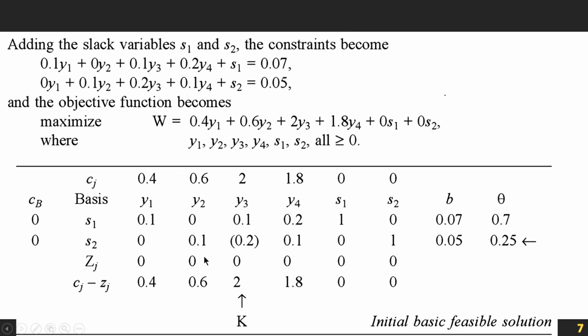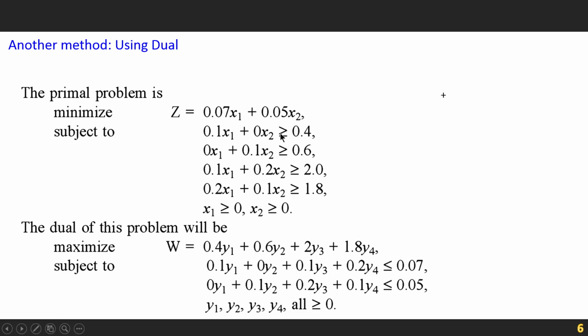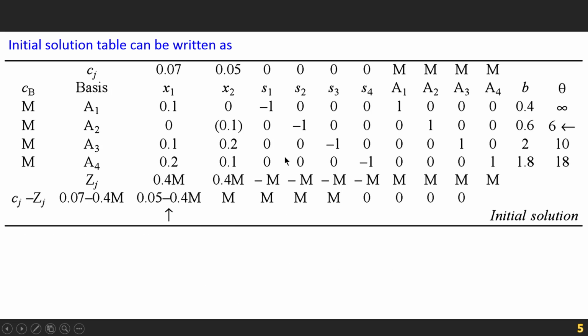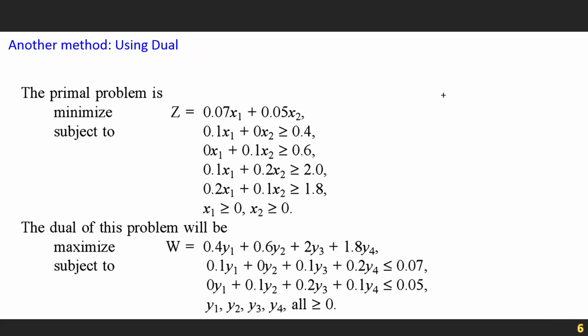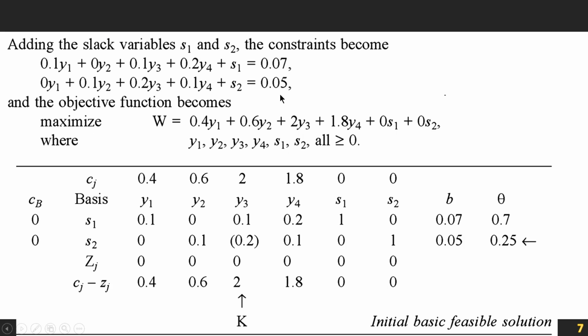Here very little calculation will be involved, correct? Second point is that earlier it was greater than or equal to type. That means you have to add surplus variables, and if you have added surplus variables, you have to define new artificial variables. So it increases the number of artificial variables by a lot. To avoid this, it has been converted into less than or equal to type, and it is much easier to solve this problem. Clear?